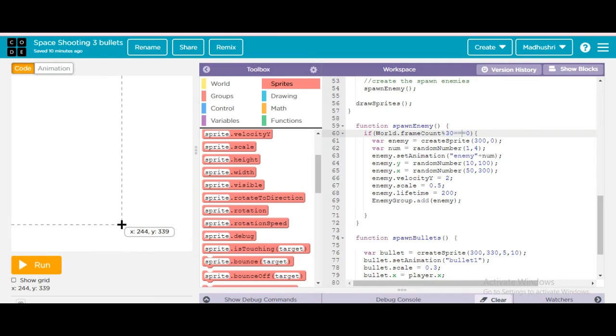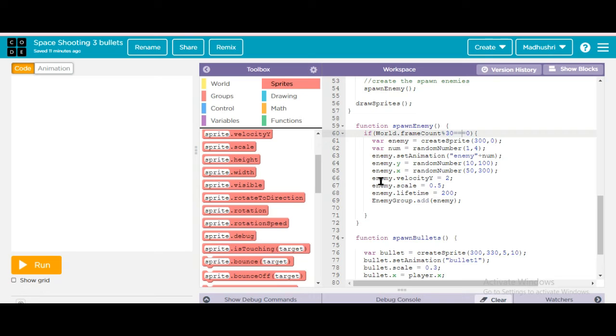I cannot keep it exactly correct, but here they will get vanished. Then 10 to 100 is the y position. 10 means nearby, so from here the enemies will start coming, and 100 is where they go. Some of the enemies will start coming here also.